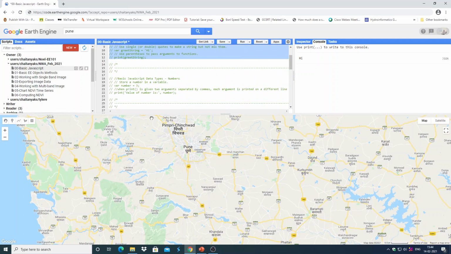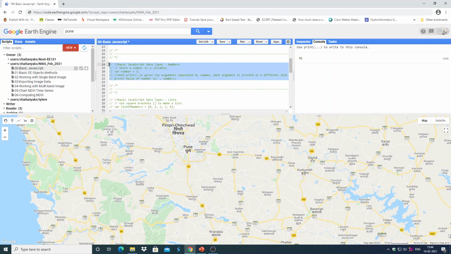Then quickly going further, how to declare the basic JavaScript data type numbers, how to store a number in a variable. We are declaring a variable number and assigning the value 3 to it, and we are again printing it. Now in the print statement we have 2 arguments.